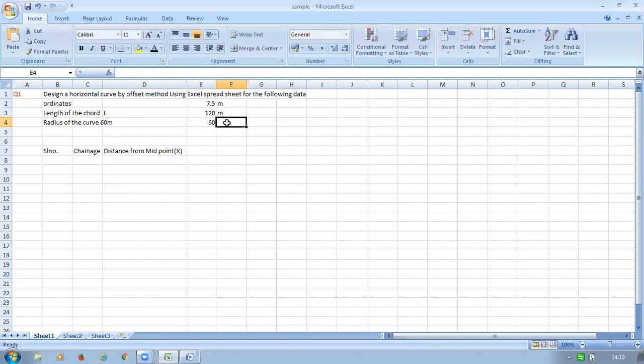You have to write the given data again. You have to enter numbers in different cells.